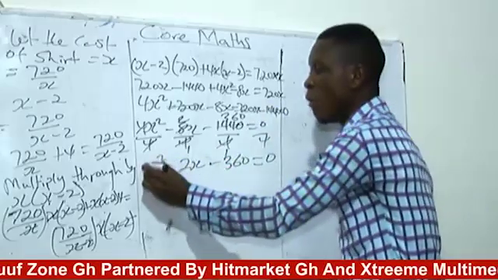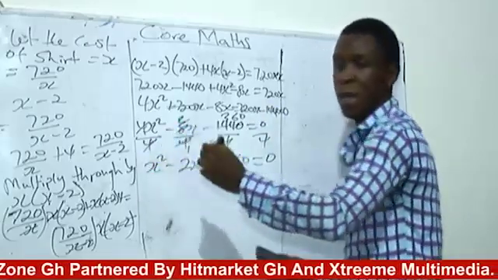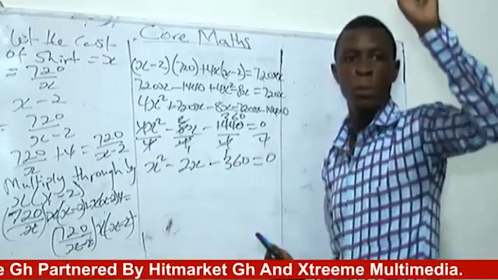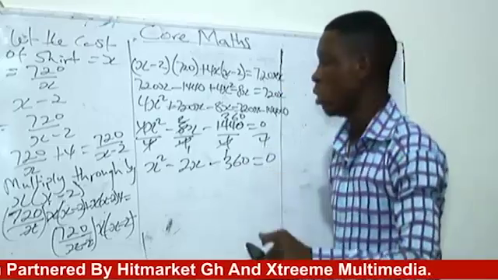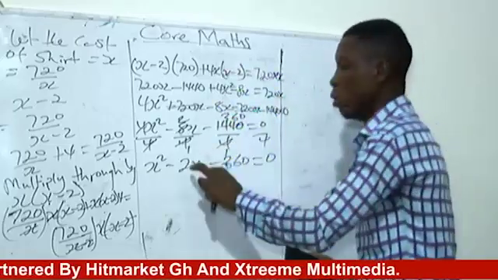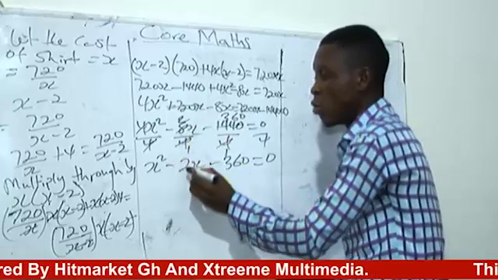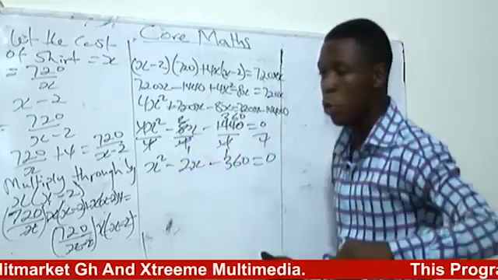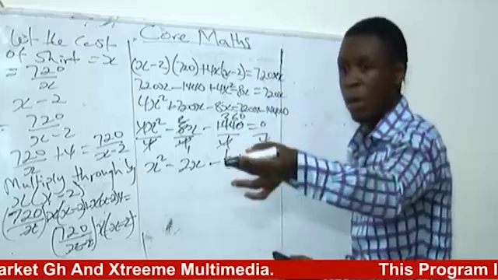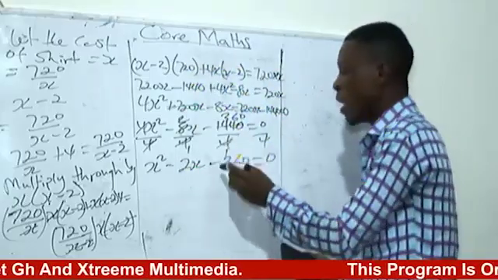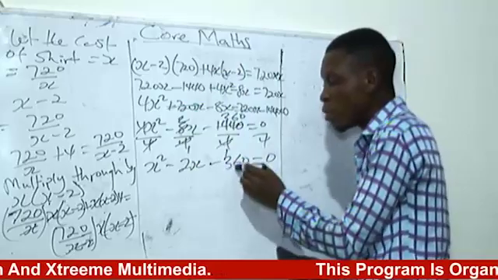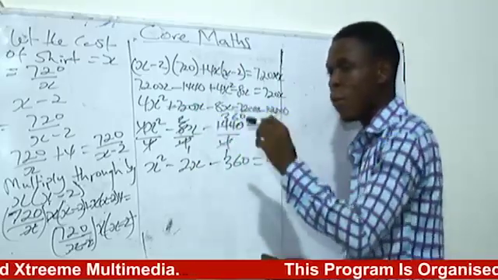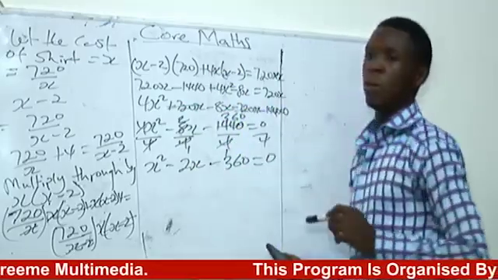The moment you do that, you look for the values. The coefficient of s squared here is 1. So the first value over there, you press 1, then equal to. Then the next one, you press minus 2. Don't press 2, press minus 2. Then equal to. Then you jump to the next one. You press minus 360. Don't press only 360, put the minus before 360. Then you press equal to.